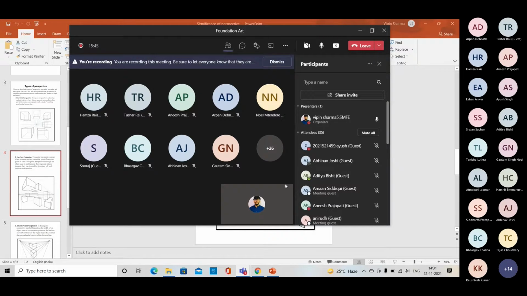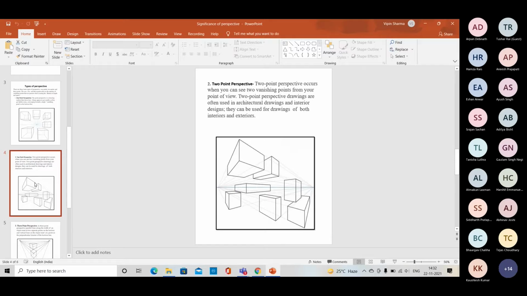We can convert it when we find the corner of the building, right? So we draw the corner of them. When we are working with the 2 point perspective, definitely we are in front of the corner of any kind of building. You can see in the example in the PPT, the corner is in front of us, right? And we can see the two faces, one on the left side, one on the right side. So that's the way we can convert to 2 point perspective. In a human body there are no corners, so we cannot make it in a 2 point perspective. We can draw it only in 1 point perspective.